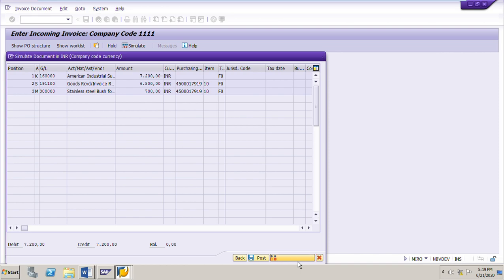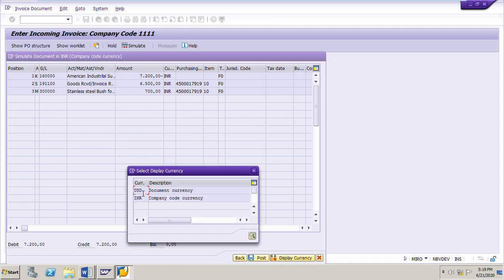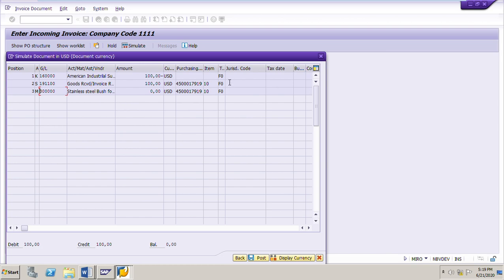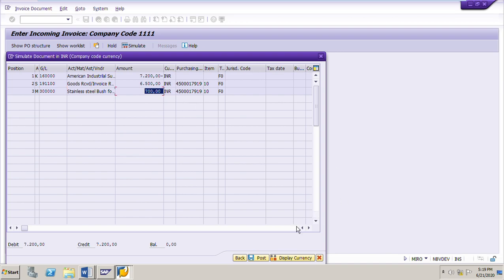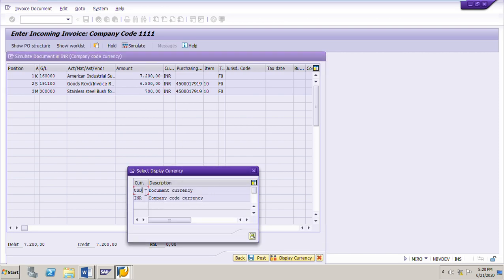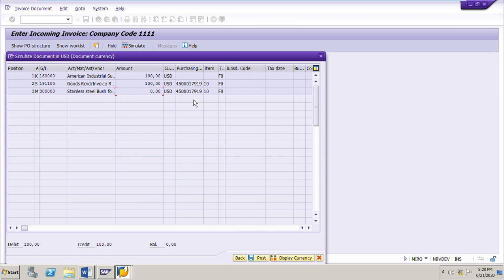Again I will change the currency. Click on display currency and double click on US dollar. It will be zero only. The difference in the exchange rate that I am going to pay more to the vendor in Indian rupees, I will be able to see only when I simulate the invoice and display the amount in Indian currency, but not in US dollar. Now I will show that again, display Indian currency INR. In INR, 700 rupees more I am going to pay because of the exchange rate differences. You can change the currency as you like anytime. Double click US dollar, it will become dollar. In terms of dollar, there is no difference.